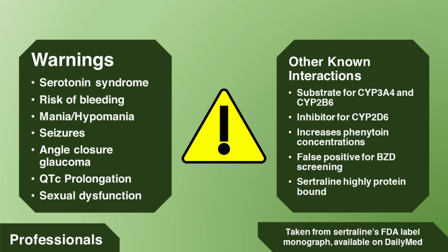Other known interactions include agents acting on CYP3A4 and CYP2B6, as sertraline is a substrate. On the other hand, sertraline is an inhibitor of CYP2D6, so be mindful of drugs that interact with those. Sertraline is also known to increase the phenytoin concentration in the body, and may turn up as a false positive in benzodiazepine screenings. It also is highly protein-bound, and so it will share space with other protein-bound drugs in the